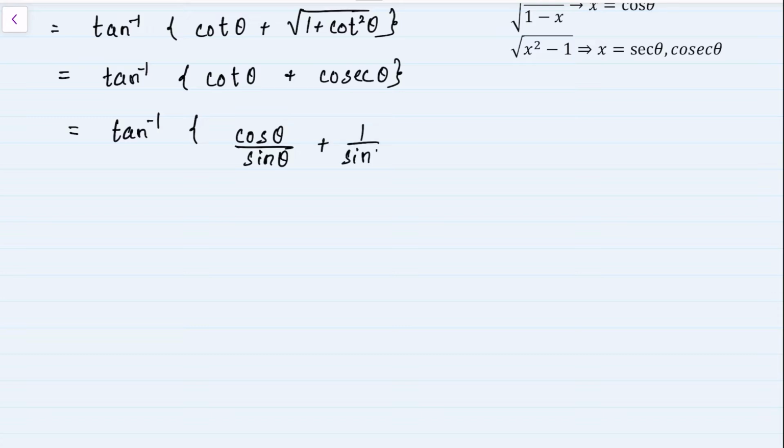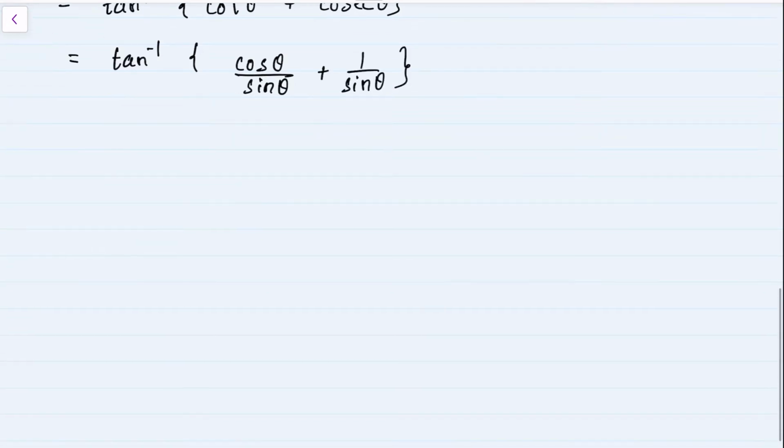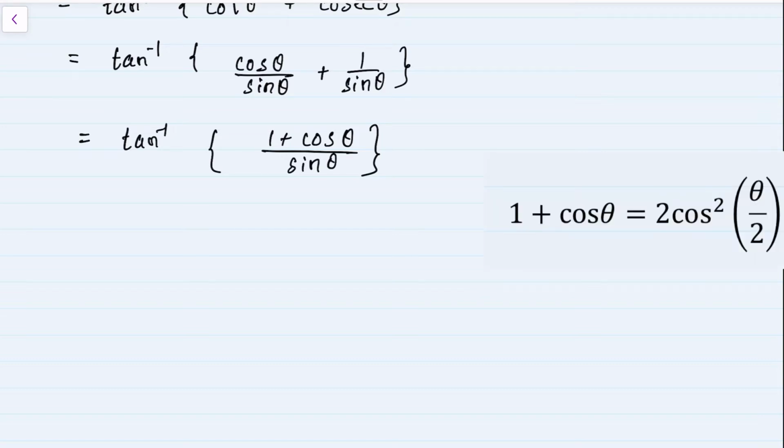So we can write cos theta by sine theta plus 1 by sine theta. Taking the LCM, now we can write tan inverse of (1 plus cos theta) upon sine theta. Now we already know this identity. 1 plus cos theta is the modified form of the cos 2 theta identity. So 1 plus cos theta can be written as 2 cos square theta by 2. So we'll use this identity here, and the next step can be tan inverse of 2 times cos square theta by 2